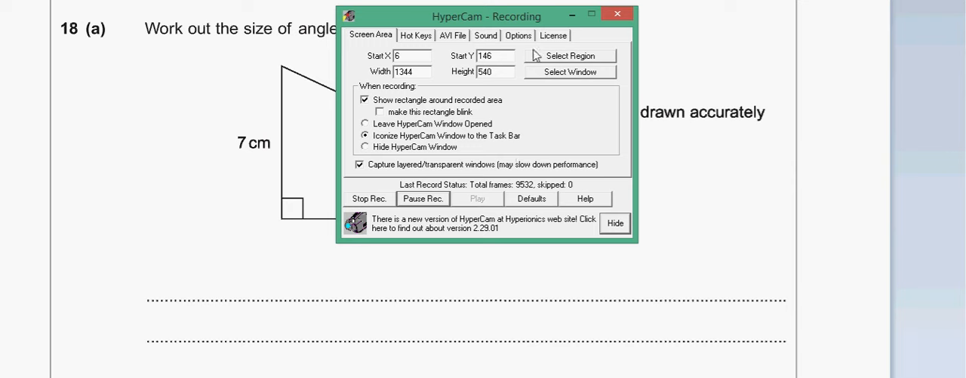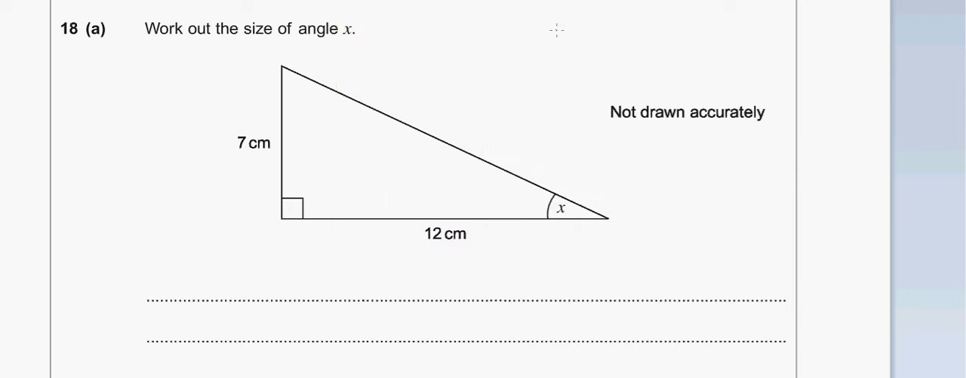Okay, so question 18a. We have a right angle triangle with two sides and an angle that's missing, and they want us to find the angle x. So this is going to be trigonometry. If you remember SOHCAHTOA, then